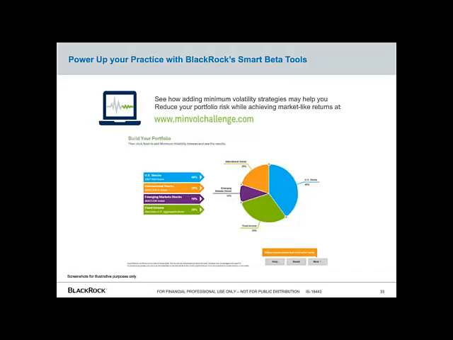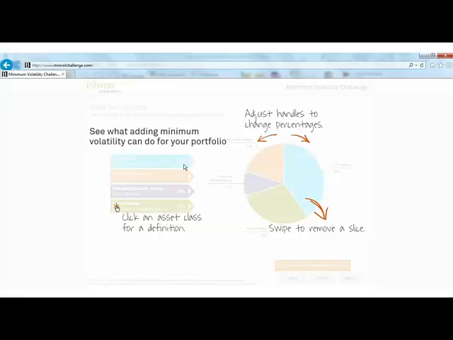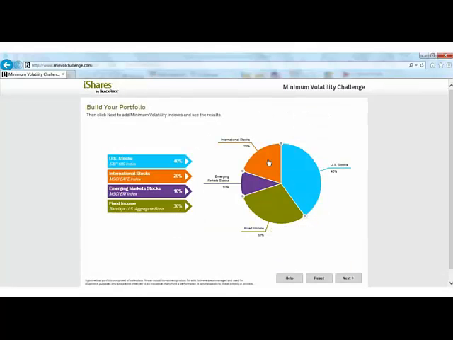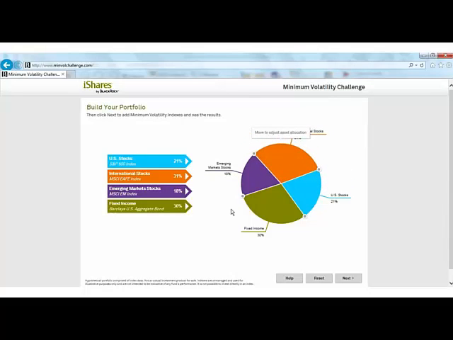Now, finally, the last challenge that we really see clients facing is the ability to articulate the value add of these strategies that are not market cap weighted to their end clients. And that's really where a min-vol challenge comes into the fray. The minimum volatility has been the fastest growing area for investment in the non-market-cap-weighted space, and it's the one for which we are asked most frequently from advisors, how do I explain this value add to my clients?